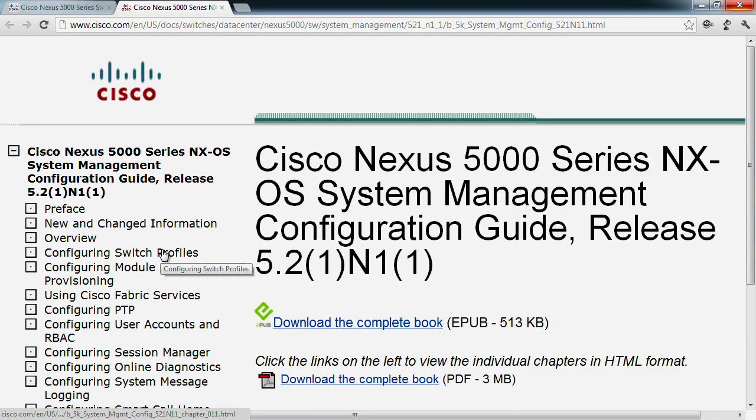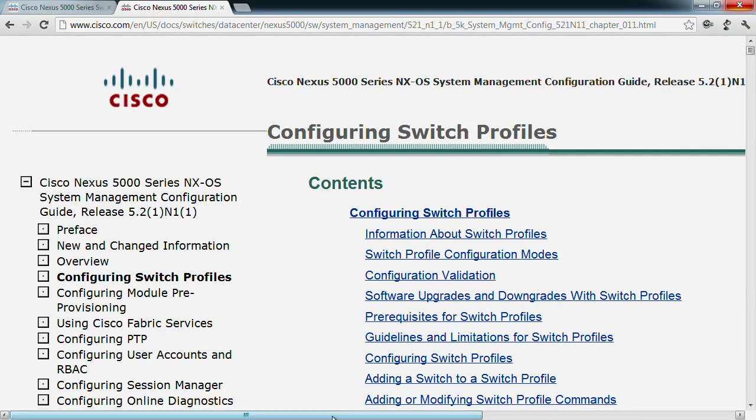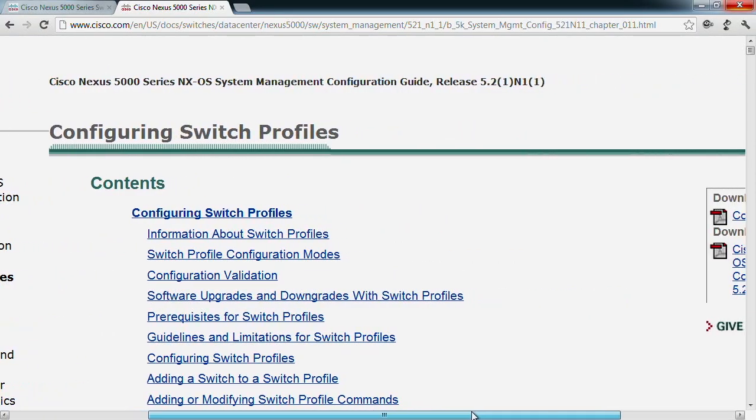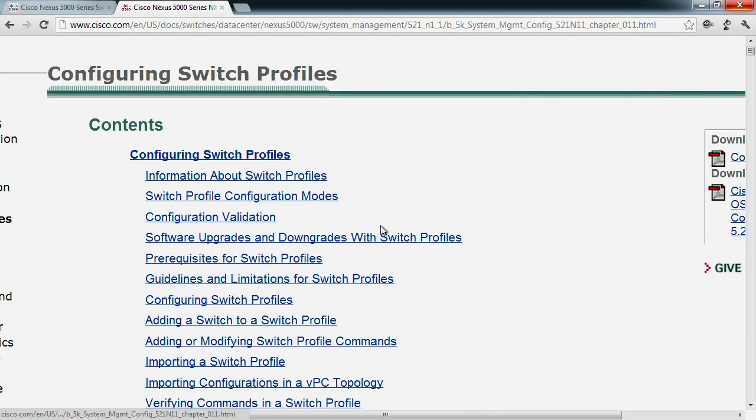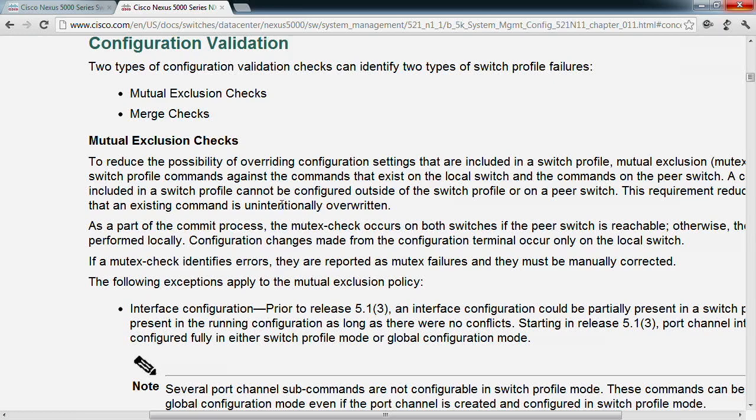Okay, system management, and then switch profiles. Like I mentioned earlier, you definitely want to spend some time reading through the documentation, because there are a lot of specific caveats for the individual versions and the different hardware platforms that we're working with here. But one of the issues here, if we look at the configuration validation,